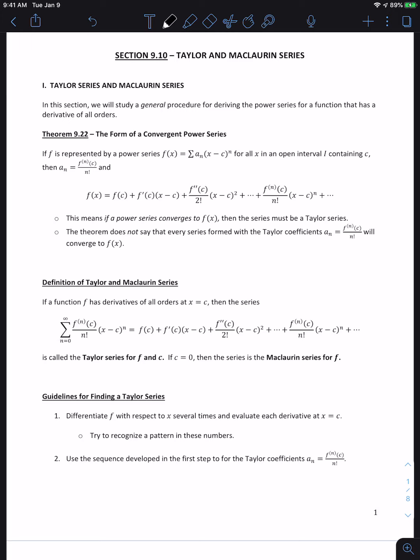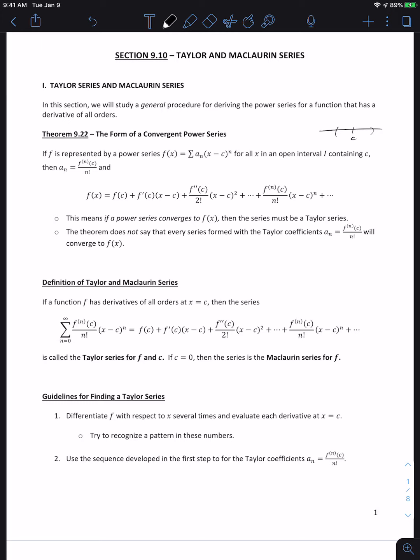In this section, we will study a general procedure for deriving the power series for a function that has derivatives of all orders. Right? So as long as a function has derivatives of all orders, then we're able to write its Taylor series. So theorem 9.22, the form of a convergent power series. If f is represented by a power series that looks like the infinite sum of a sub n times x minus c to the n for all x in an open interval containing c, meaning that, remember, it converges on this interval around c,